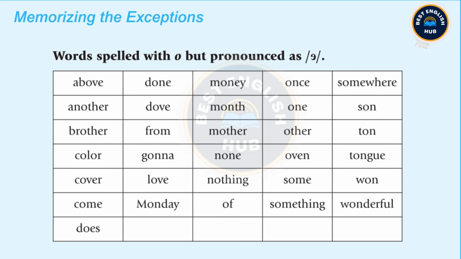Memorizing the exceptions. Words spelled with O, but pronounced as uh: above, another, brother, color, cover, come, does, done, dove, from, gonna, love,